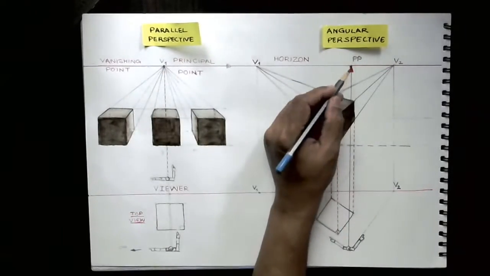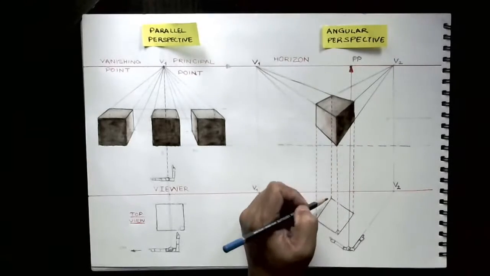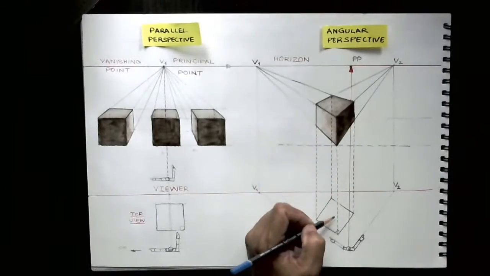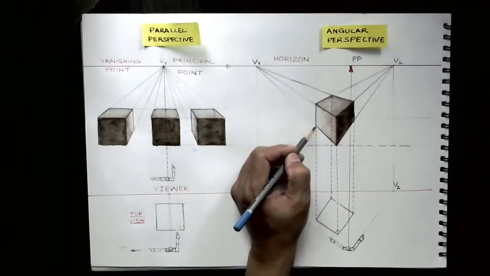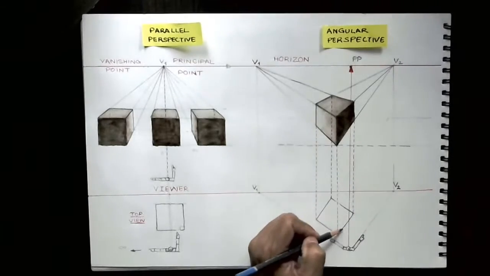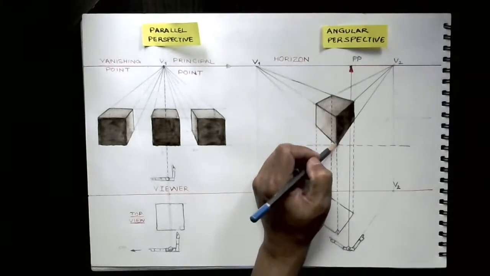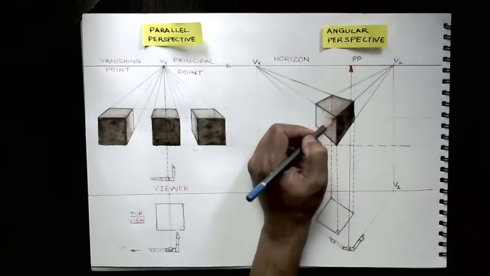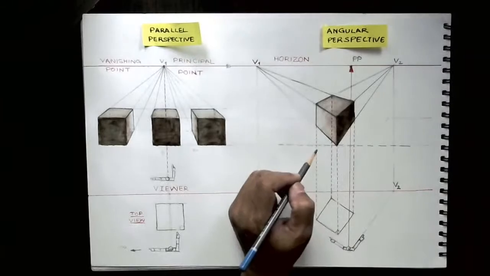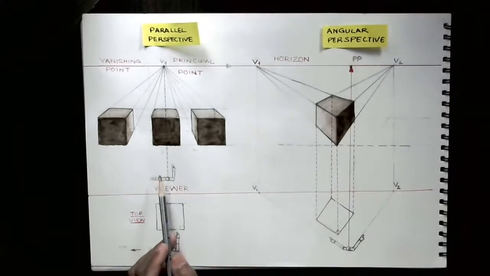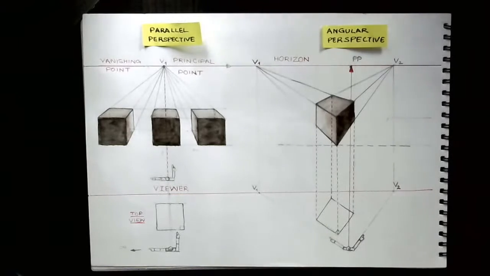When this is the principal point and we are projecting these lines on the horizon, this becomes this side, and this becomes this side. So you will get something like this. Similarly, when you project this here, and these lines, you'll get this. That is how we go about drawing these objects when they are in parallel perspective, when the base is parallel to your body, or when it is